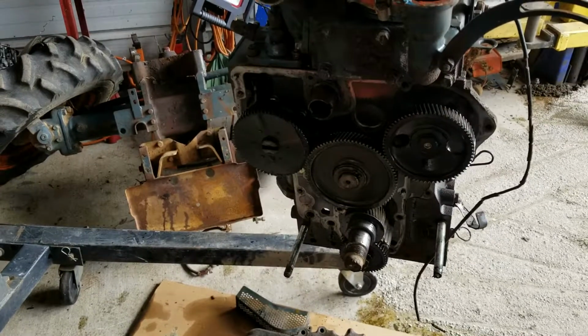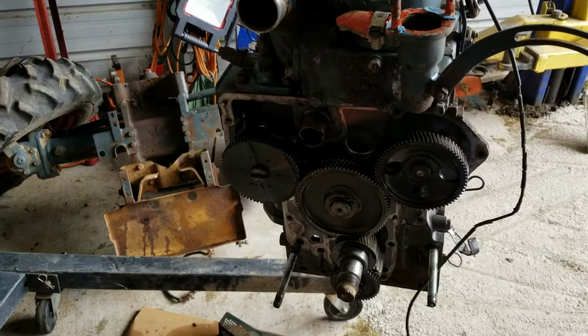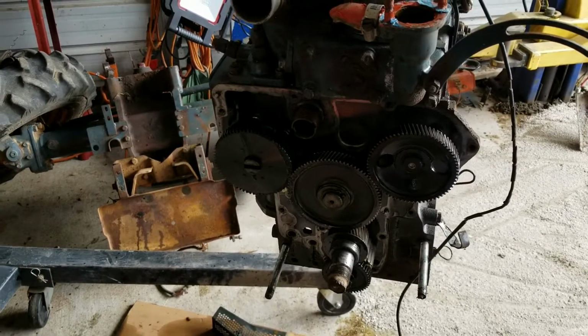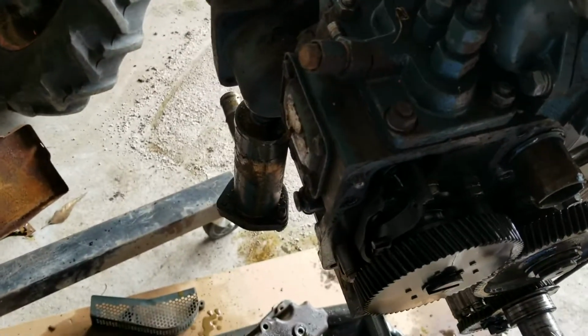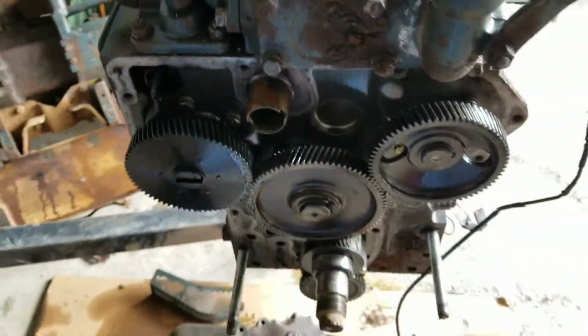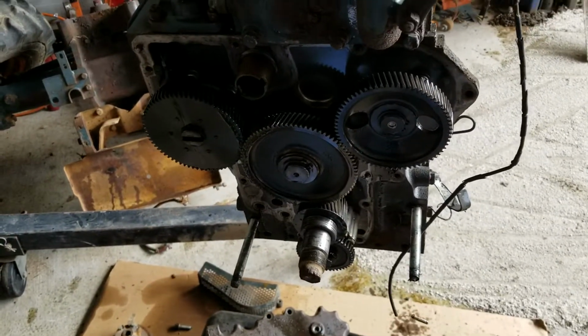So we're not going to be able to really do much step by step, maybe when we put this back together. But on rebuilding this Kubota, this is a 1301. Was it the D1301? A 13, I don't know. They all have a letter in front of them. So this one